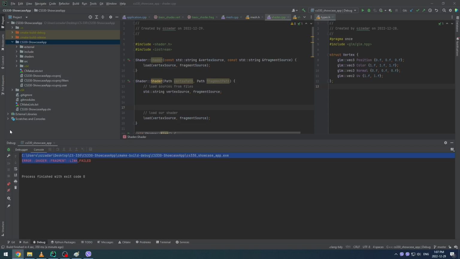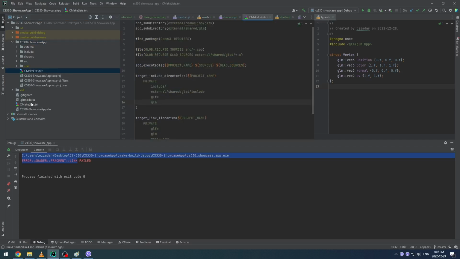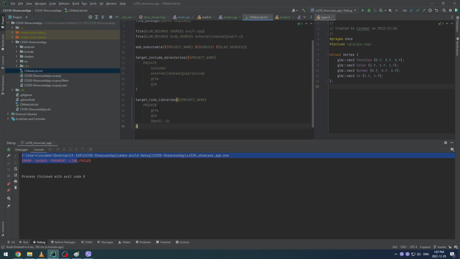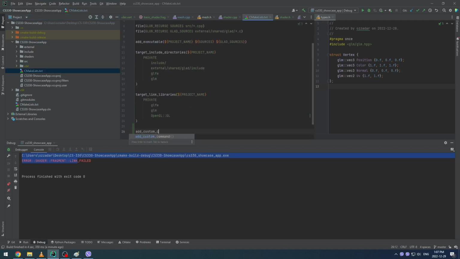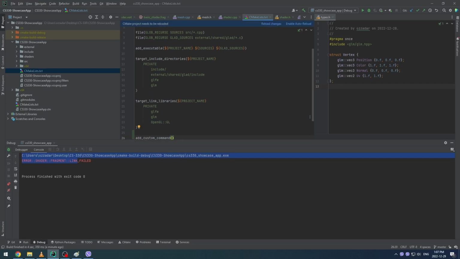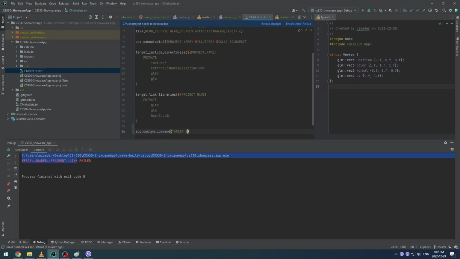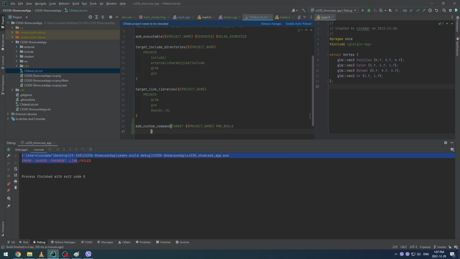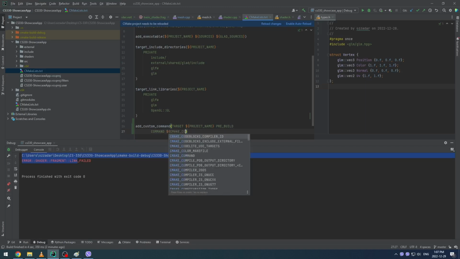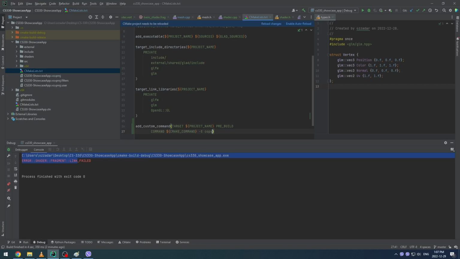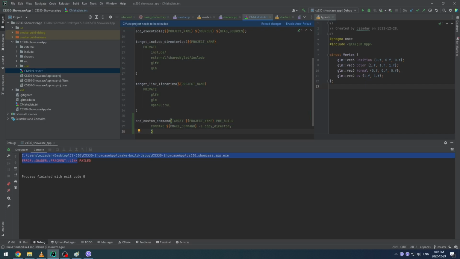So let's see. In our CMake lists here, at the bottom, we're going to say add custom command. And our target is going to be our project name. And we're going to say it's a pre-build command. The command is going to be a CMake command. And we're going to say copy directory. And what we're going to do is take the CMake